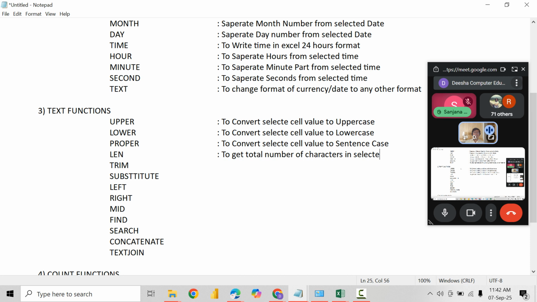In selected cell. Trim function to remove extra spaces in the selected cell text. Substitute is meant to replace a selected character from a cell